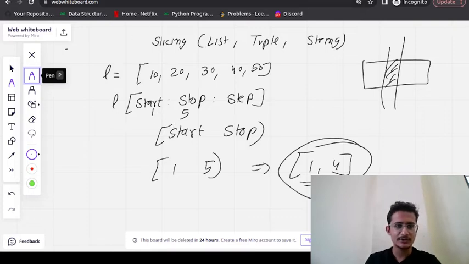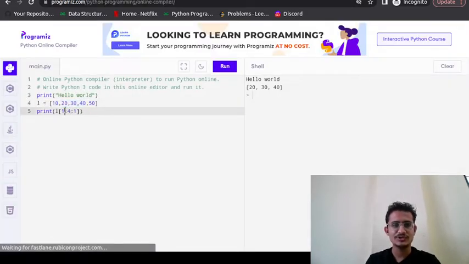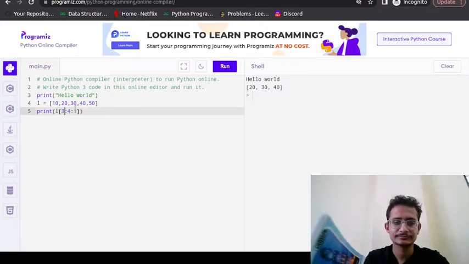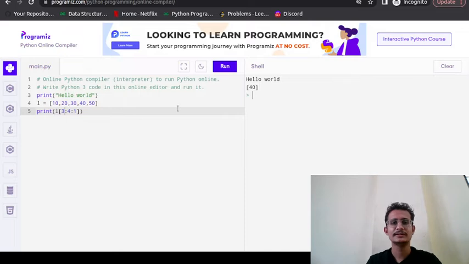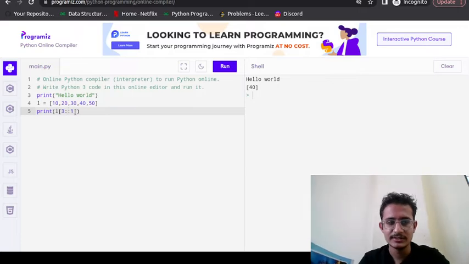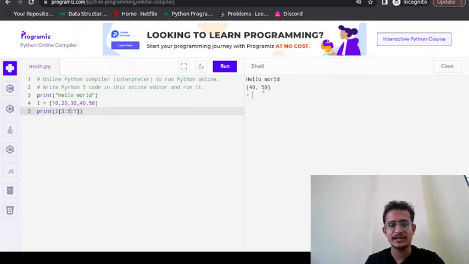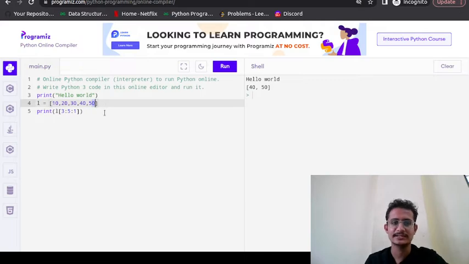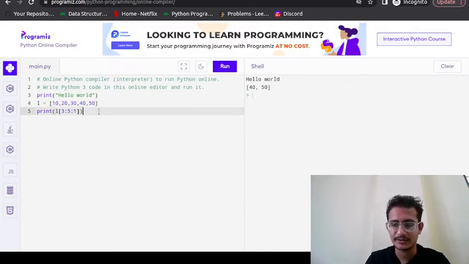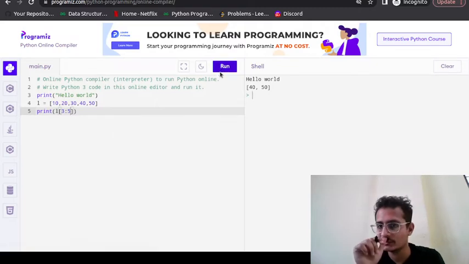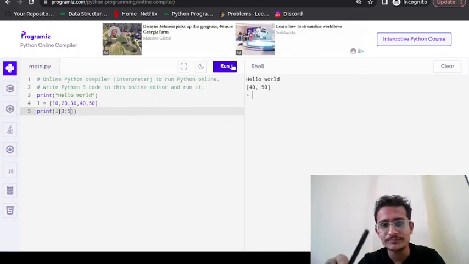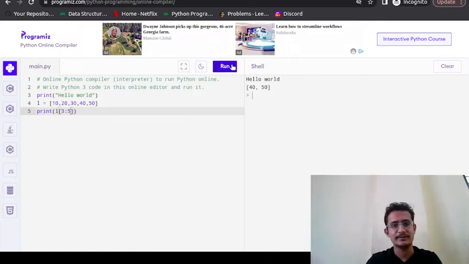Okay, so I think you have got how this works. Suppose you want to start with the third element, it started with the third element and went till only one element, because we want to go till the fifth element. So this is third index, this is fourth index. Now if you forgot to give the step, if you only give 2 things, by default it will jump by 1. Remember this thing, you can make notes for this.